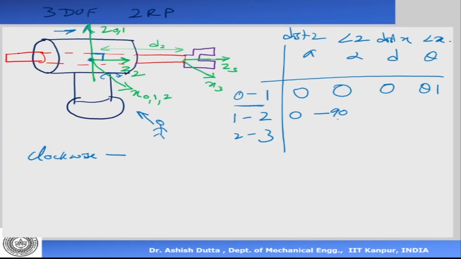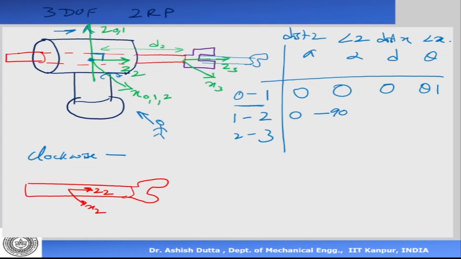What is the distance between the x-axis? So x0 and x1 and x2 are the same axis. This is important: when the link 2 moves, what happens? This link goes this side. That's the red color one. So the origin of 2 also moves with the link. Let me draw it in red color. So if you look at link 2, it's like this. And there is another link here like this. So the origin is here now. This is my z2 and this is my x2.